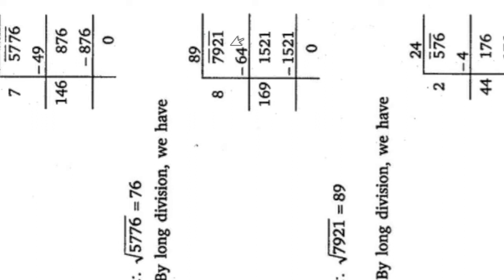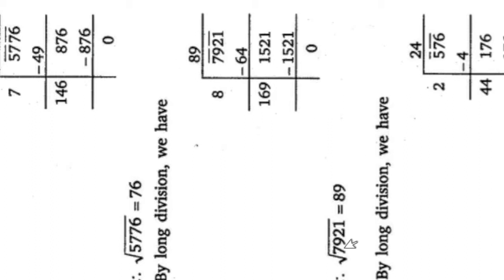Next number 7921. Again pair these numbers. This is the first pair, this is the second pair. Here the nearest square is 64. The square should come before the number, before 79, which is the nearest square, that is 64. So 8 8s are 64. Now 8 plus 8 will be 16. With 16 you will put such a number that the multiplication with the same number gives this number. Here we will take 29 down and the difference is 15. So 1521, and 169 9s are 1521. So here will come 0 and our answer is 89.